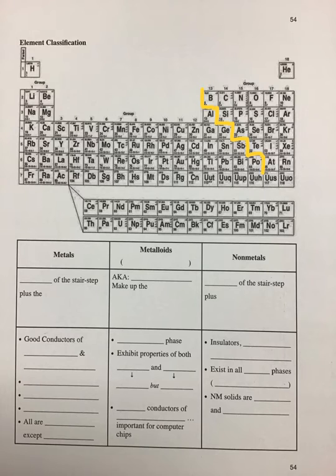And that stair step represents a very important division point for us. In general terms, when we're talking about element classification, an element's position will determine how we classify it, whether it's to the left of that bolded stair step or to the right of it. So our two main categories for elements are metals and non-metals. Metals, you will see that I will abbreviate as M many times in this particular unit, and non-metals as